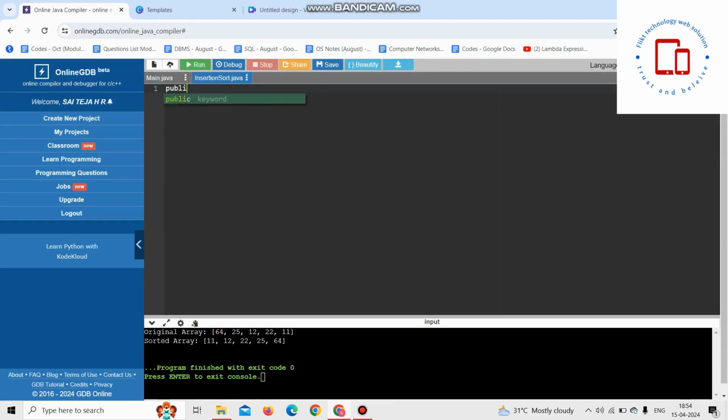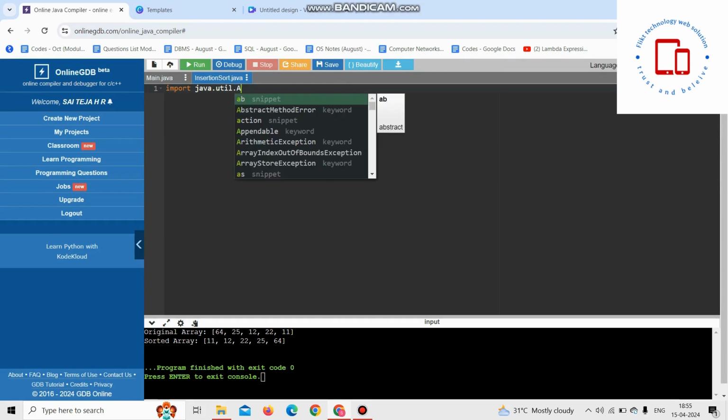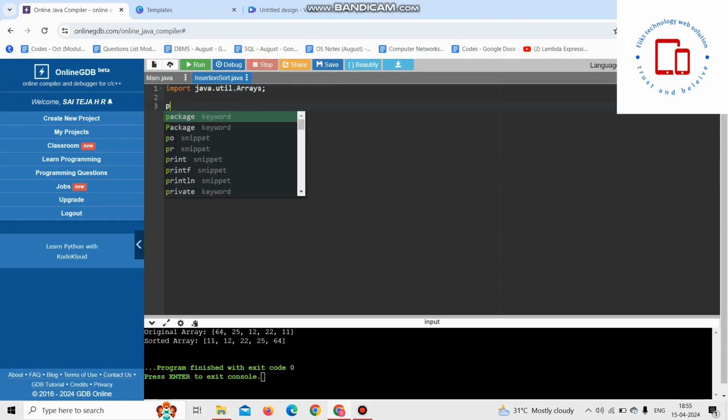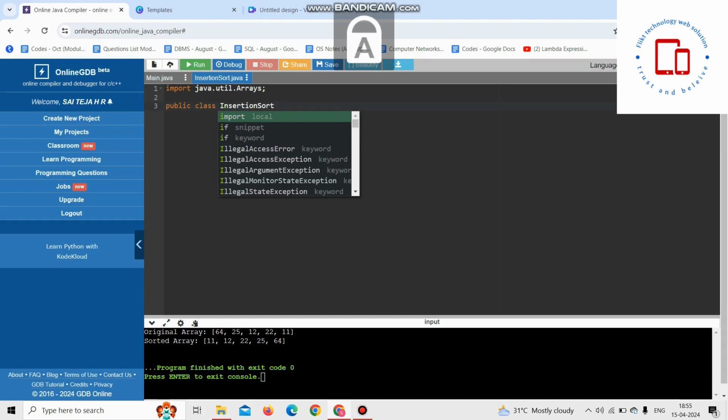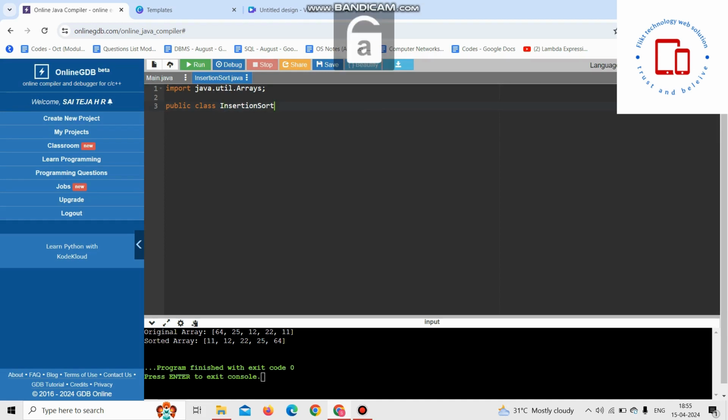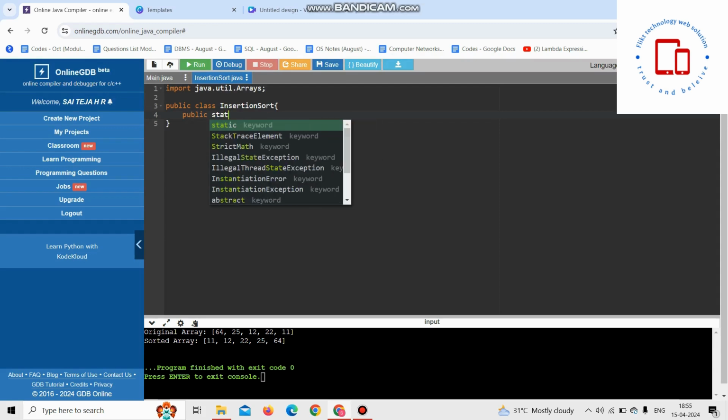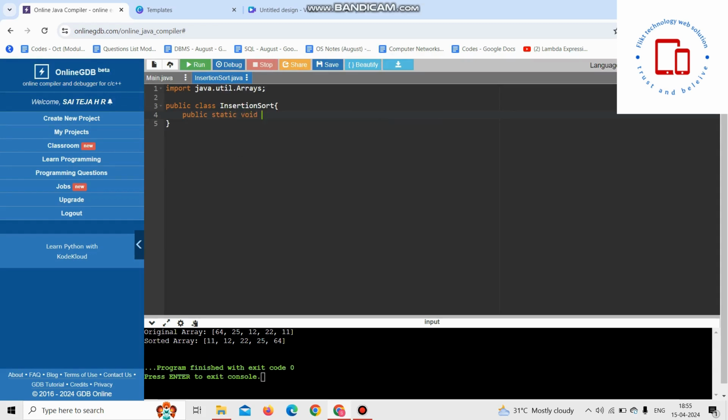For that, first we want to import java.util.Arrays, and then we want to write public class InsertionSort. The class name should be capital InsertionSort, and then public static void insertionSort